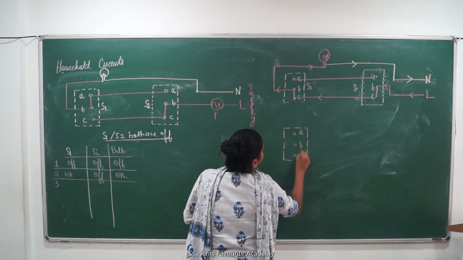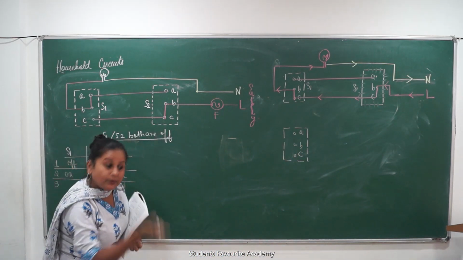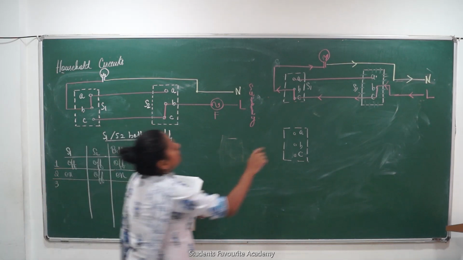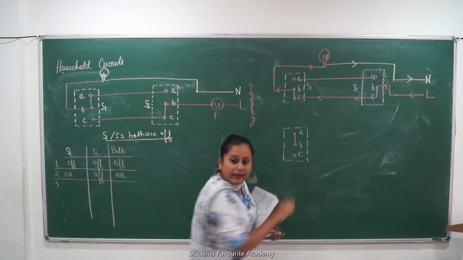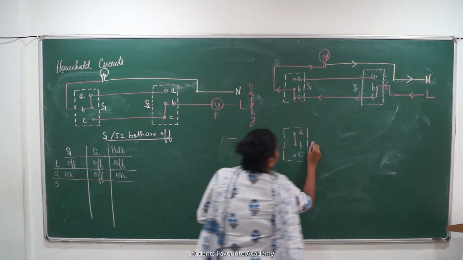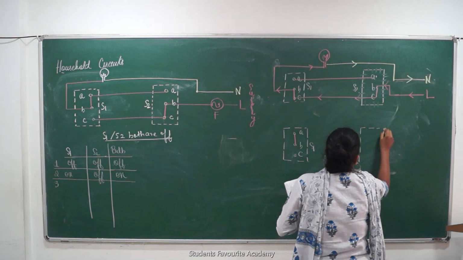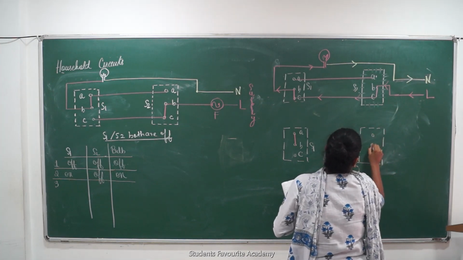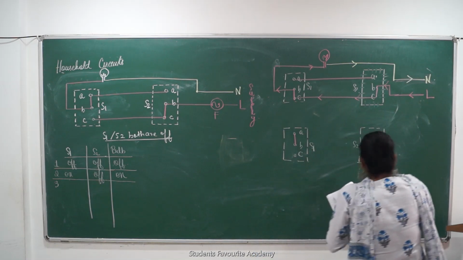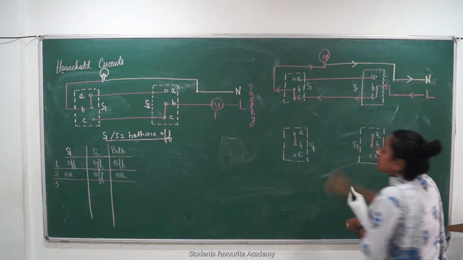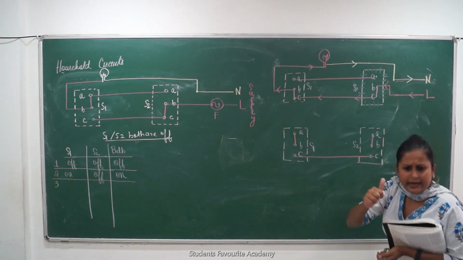A, B, C. Switch 2 is on right now, switch 1 is off. Okay, which means the connection will stay on AB. Switch 1 is off. And where will this one be? I have turned this on now. If this is on, what will happen? Tell me, what connection will be made in switch 2? B to A will go. So AB connection will be retained, and C to C, no current flowing.